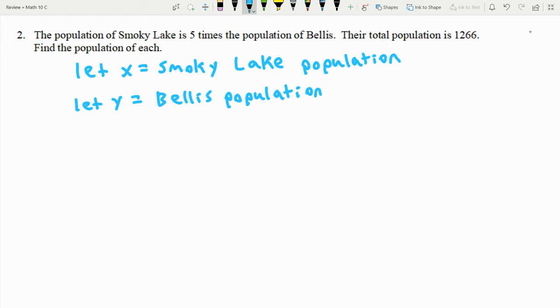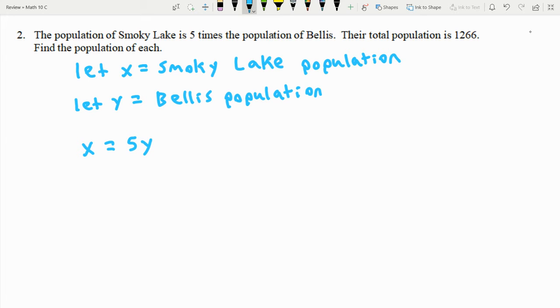Okay, and now from the first sentence, I usually am able to set up an equation. So the population of Smoky Lake is 5 times the population of Bellis. From that sentence, I can probably develop an equation from it. Population of X, which is Smoky Lake, is 5 times the population of Y, which is Bellis. So I would say Smoky Lake is 5 times bigger than Bellis in terms of population size. So the right way to say this would be X equals